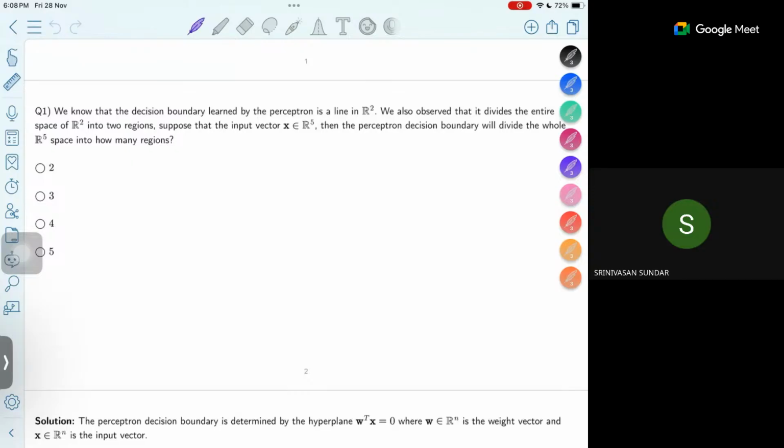The first question is: we know that the decision boundary learned by perceptron is a line in R2, right? If you have some data points, you have some decision boundary like this, where the positive points are here and the negative points are here. We also observe that it divides the entire space of R2 into two regions, this region and this region. Suppose the input vector is in R5, then the perceptron decision boundary will divide the whole R5 space into